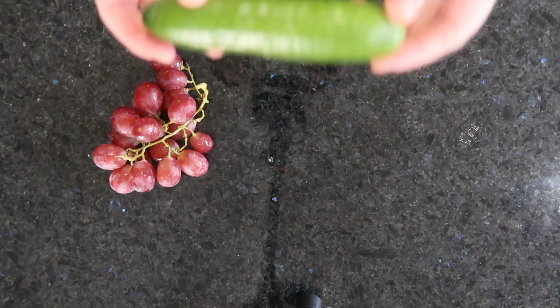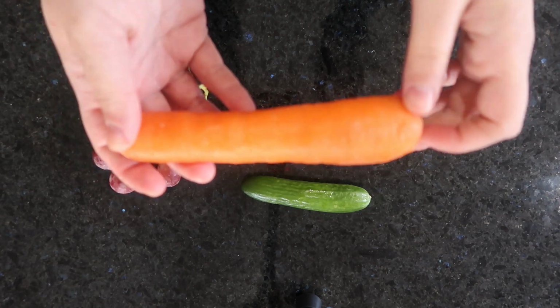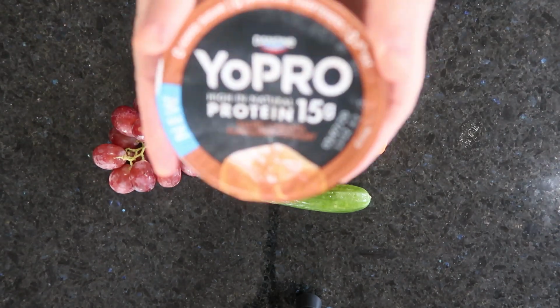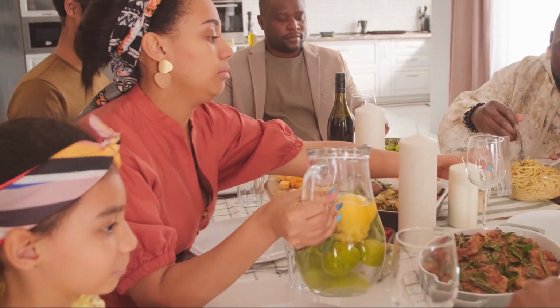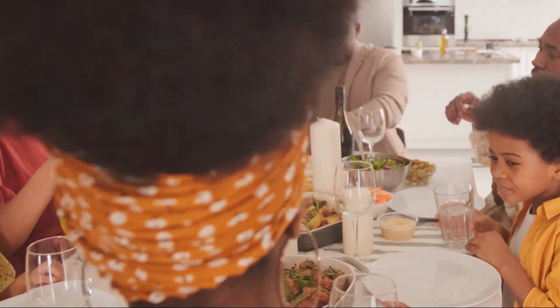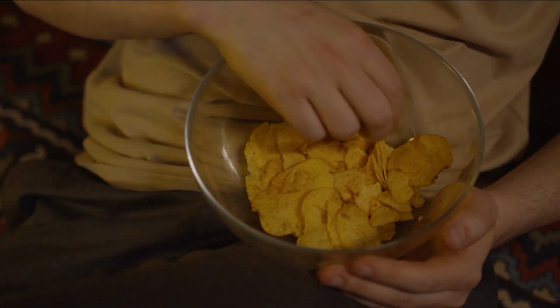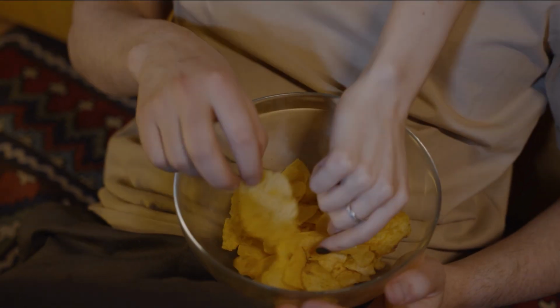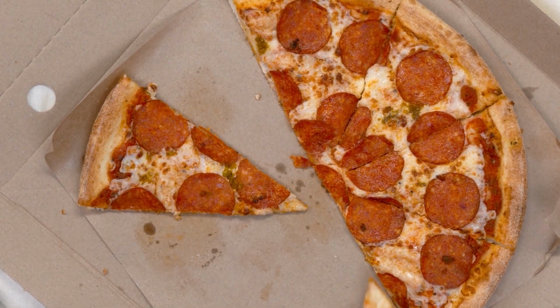Snacks are a great way to stay full during the day and nourish our bodies with many nutrients. Some basic snacks I usually have during the day are things like a piece of fruit, a piece of vegetable or some yogurt. However, snacks have also become foods enjoyed during social events such as when friends are over, at parties or when having a movie night. These snacks, however, tend to be nutrient poor and high in energy, which is okay if you enjoy that on